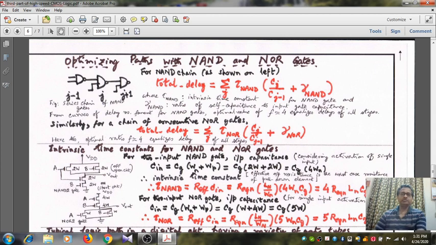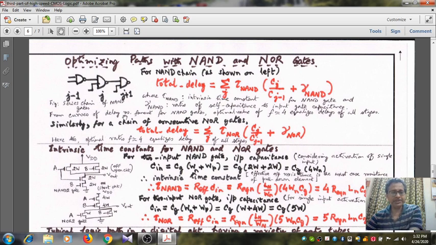Next we come to consider the problem of, so far we have restricted ourselves to only inverters. Now in general it can be a NAND gate or NOR gate or a mixture of both, right? A mixture of 3, that means inverter, NAND gate, NOR gate, any mixture. For a NAND gate chain, we can show that the total delay will have a similar expression. That means the summation of time constant of NAND gate multiplied by Cj by Cj minus 1, this is the fan out factor, plus gamma of the NAND gate. Okay, where tau of NAND is the intrinsic time constant for NAND gate and gamma NAND is the ratio of cell capacitance to input gate capacitance.